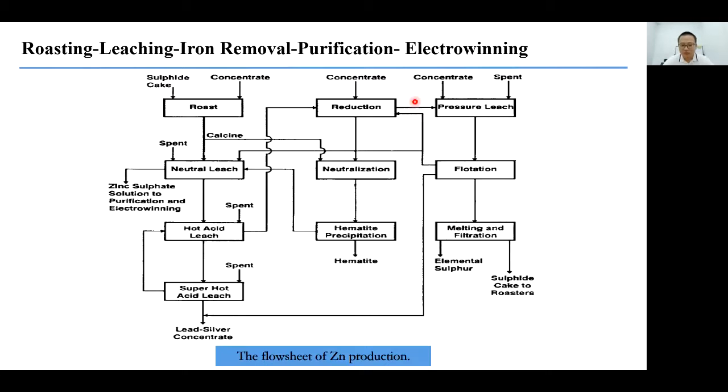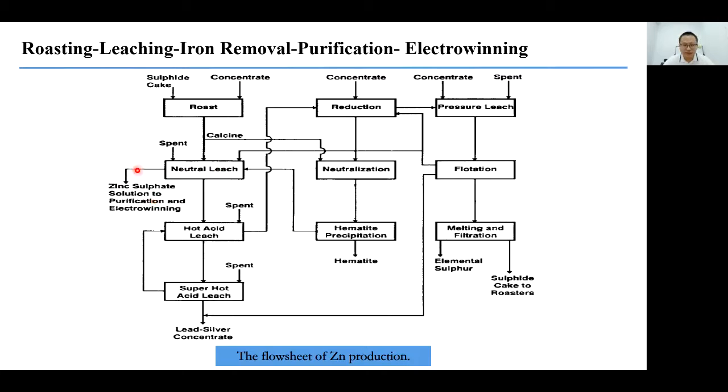And this flow sheet is a combined one, and we can cut from here, and on this side, this is the traditional route, which contains roasting, neutral leaching, hot acid leaching, and super hot acid leaching, and the iron purification, and the liquor is returned for neutral leaching, and the